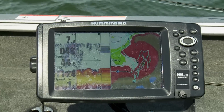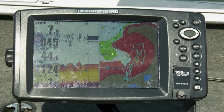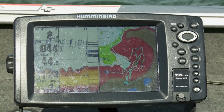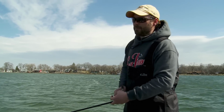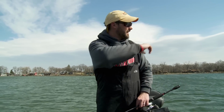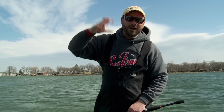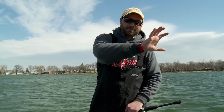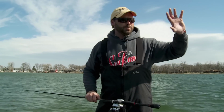You look at the map and you can see that this spot is very contained. It's not exposed to the big water. It's gonna warm up quickest, and it looks like it's got some weed cover, a few little rocky high points in the middle. And you see a lot of guys when they're fishing these little bays, they're just going right along the bank. Well, the water's still cold enough that the fish haven't pushed up to the bank yet. Maybe in another week or so, or a few days of warm weather,